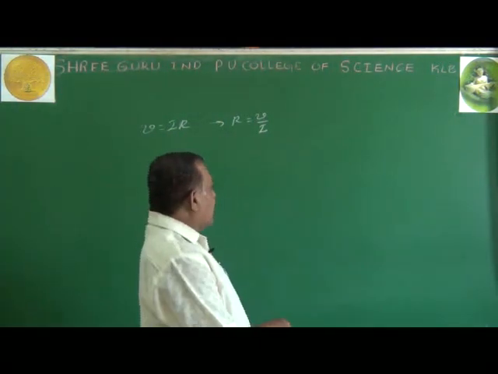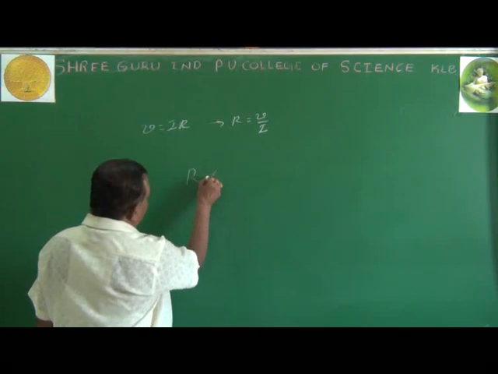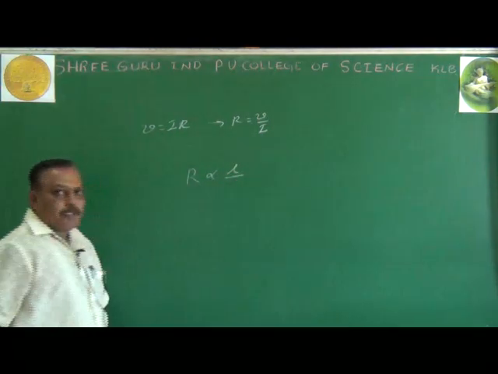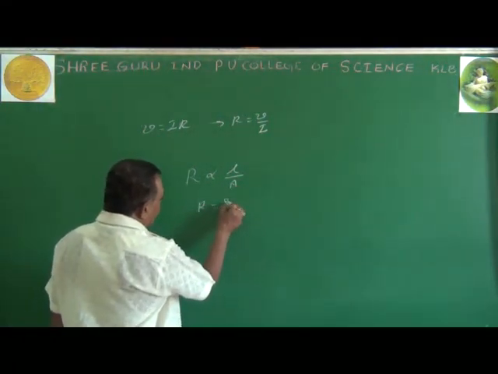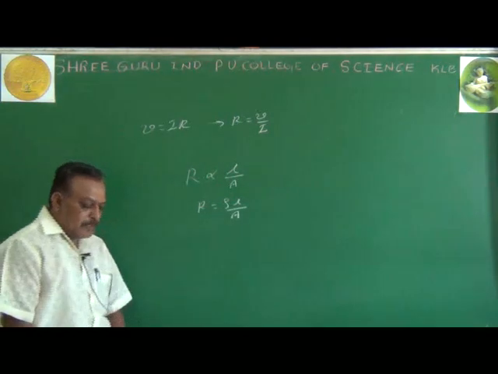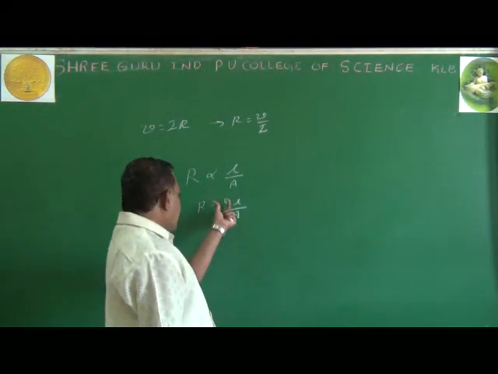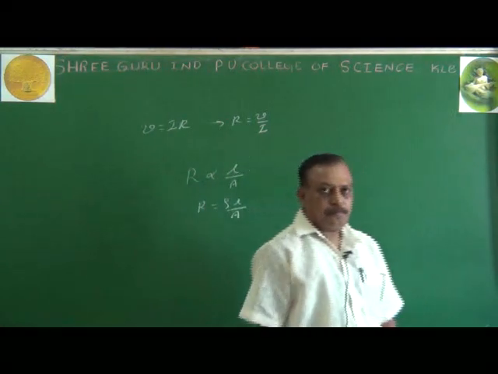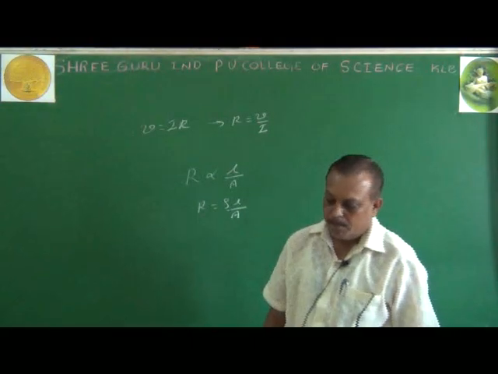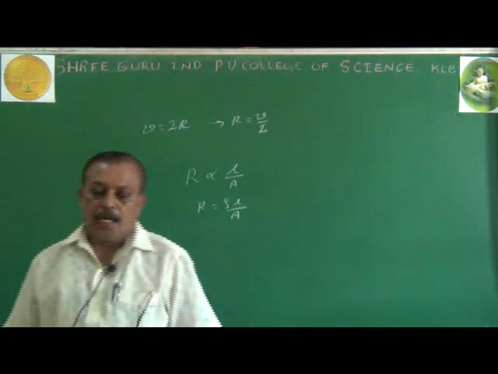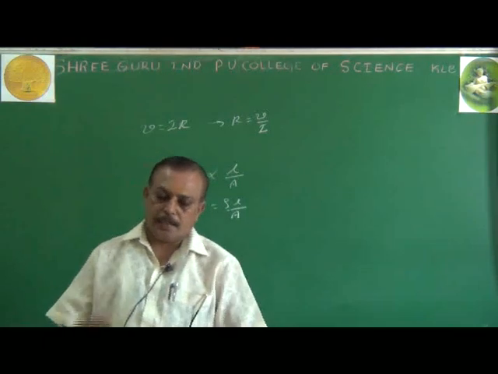Then, when I come across the dependence of the resistance on dimensions, the resistance of the conductor is directly proportional to the length of the wire and inversely proportional to the cross-section area. Removing the proportionality, R equals rho L by A, where rho is the resistivity. So it is constant for the given material of the wire. The resistance depends on the dimensions, but the resistivity is independent of the dimensions. It depends on the nature of the material, the temperature factor, and it also depends on the impurity added to the material.